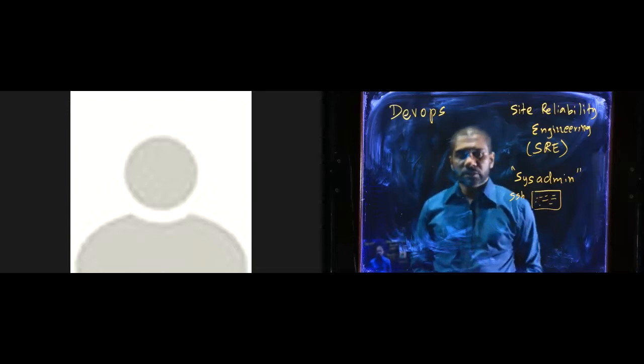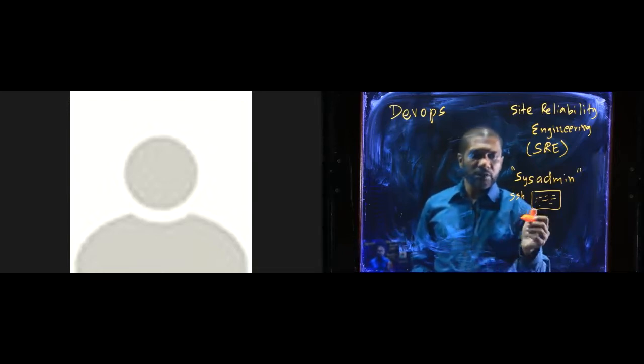So the idea of SRE is that you move away from this idea of operations. In the case of companies like Google, they simply can't do this. They have millions of machines. There's no way you can SSH into each one of them and manage them individually. So they develop internal systems, some of which they have open sourced now, which manage these millions of machines. And the focus is really on things like automation.